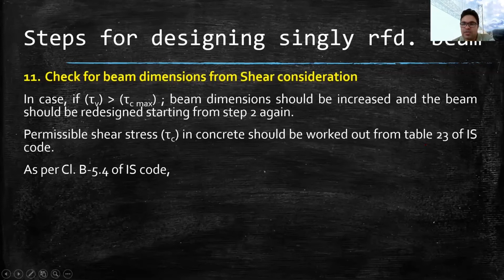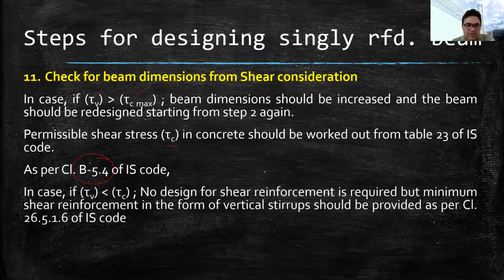So now from table 23, we can find out tau c, tau v we have already found out, tau c we have already found out. Now our main criteria is to take care of diagonal tension. So in that case, we compare tau v and tau c value. Now as per this clause, if the tau v is less than tau c, then there is no need to provide shear reinforcement, but still IS code recommends that minimum shear reinforcement in the form of vertical stirrups should be provided as per clause number